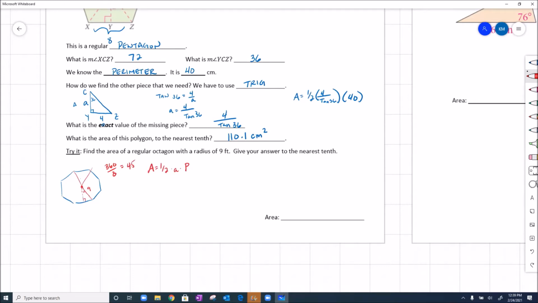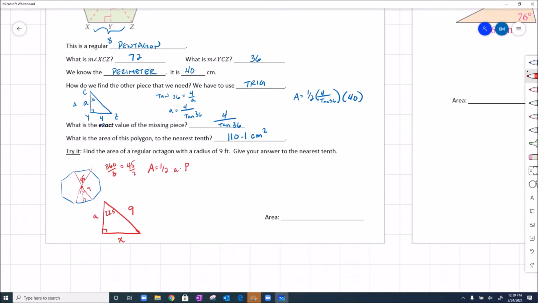Okay, but remember that that is the whole central angle. For the triangle to find the apothem and the half side, we only see half of that. So 45 divided by 2 is 22.5. As we zoom in, and I say zoom in, but I'm just going to draw it bigger, on the triangle that we're using, we know that the hypotenuse is 9. This angle being 22.5, we need to find our side, call it X, and our apothem, which I'm going to call